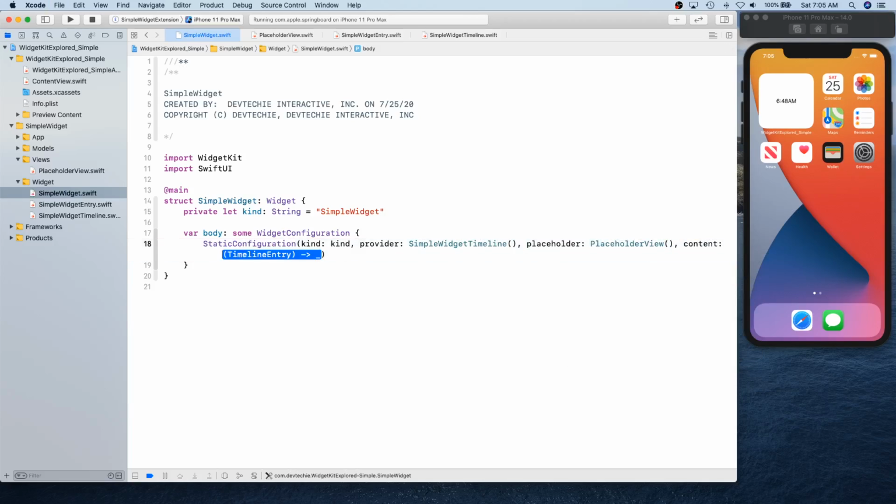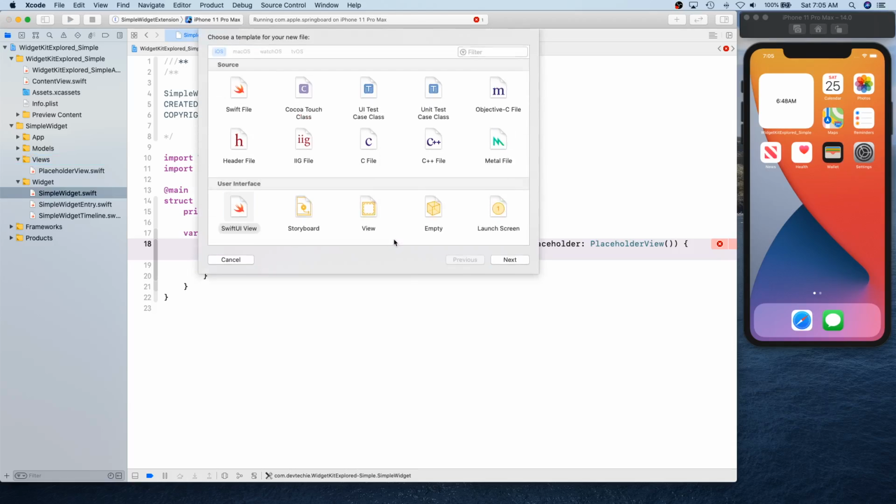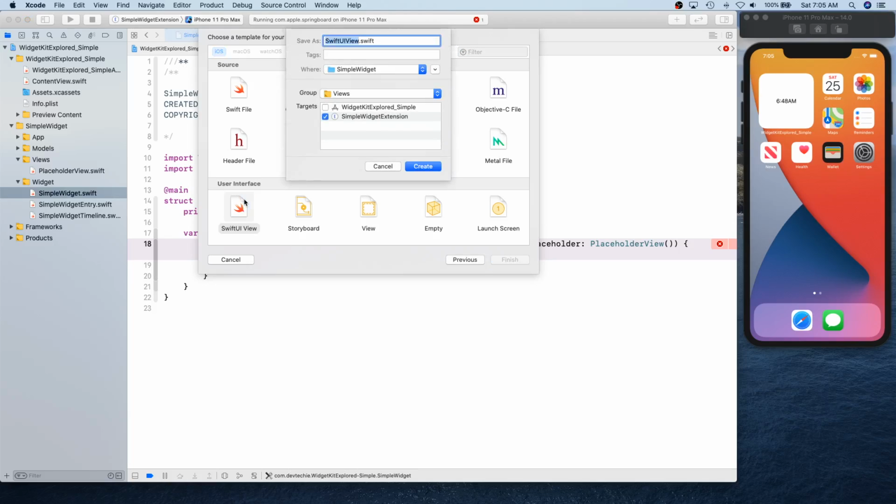Now the next thing we need is content. Content is given for the entry, and the entry is going to come from the timeline. This is where WidgetKit is going to provide you an entry for the timeline that your view can display. So what you need to do is create a new file, and this is where we're going to create our view for an entry. Too many timelines.